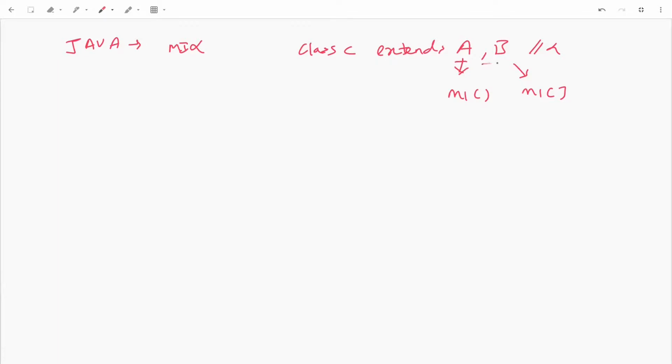So if these two classes A and B is extended in class C, then which M1 method, this one or this one, should be extended in class C? This results in the ambiguity. Because of this, multiple inheritance is not supported in Java. So if we see this clearly, we can see that because of this extend process, or because of the way Java works, because of the way Java is designed, we cannot achieve multiple inheritance. So this would be considered as a design limitation for Java. I hope now you are clear with what a design limitation is. Let's move ahead and see the second category.